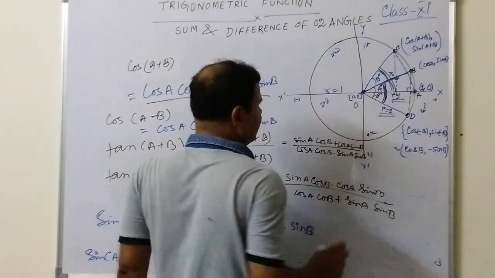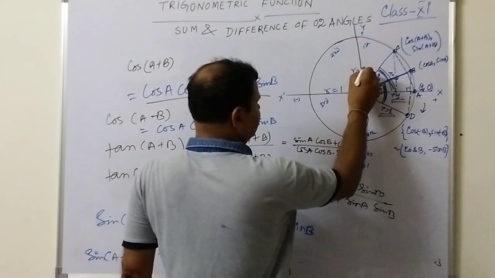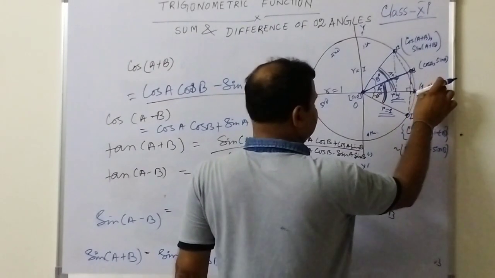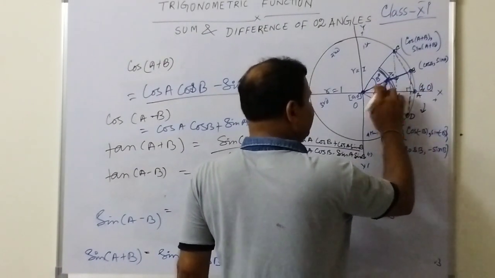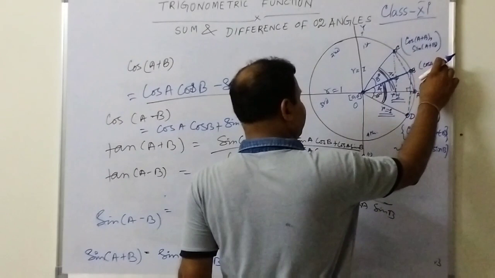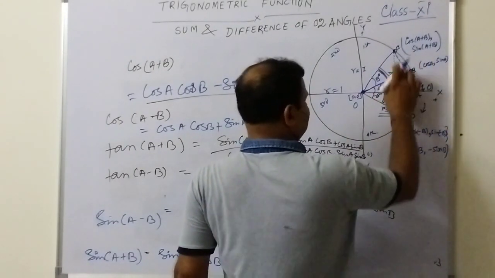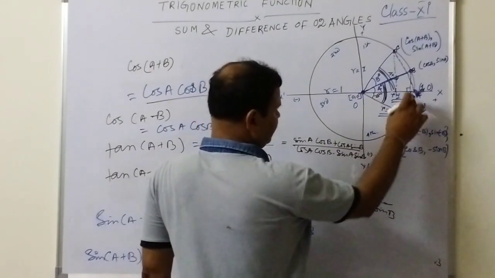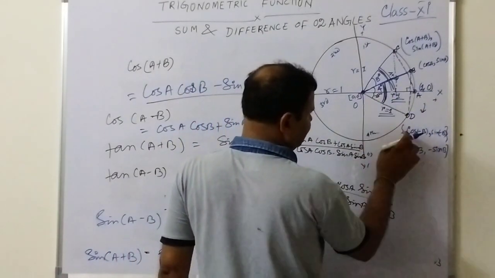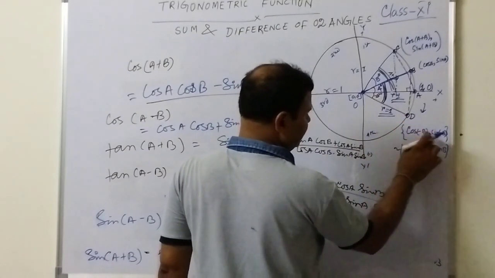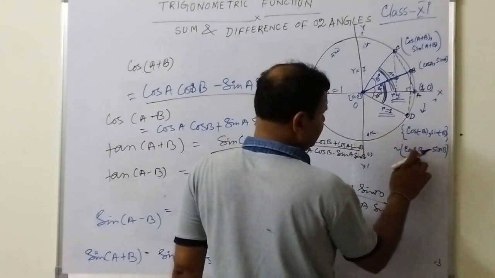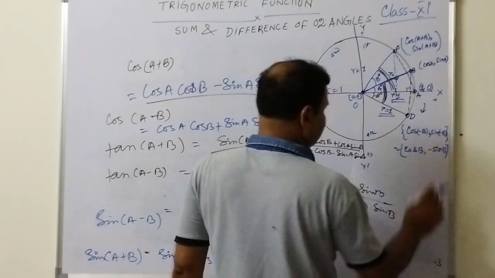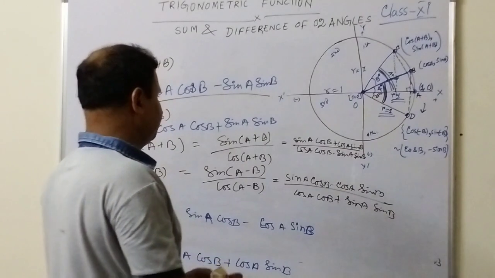All radii are 1 in the unit circle. So x is 1 and the height y is 0. So this is (1, 0) and this is angle A. So this coordinate is (cos A, sin A), and this is A plus B whole, so this one is (cos(A plus B), sin(A plus B)). Similarly, this one is at angle minus B, moving in the negative direction. So this is (cos(minus B), sin(minus B)), which is cos B and minus sin B, because sin(minus B) equals minus sin B and cos(minus B) equals cos B.